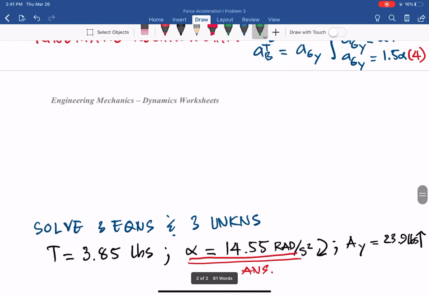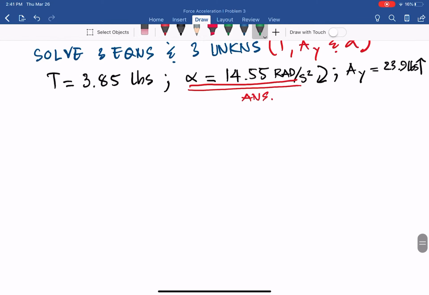So let's continue with that scenario. The scenario is: remove the block and apply